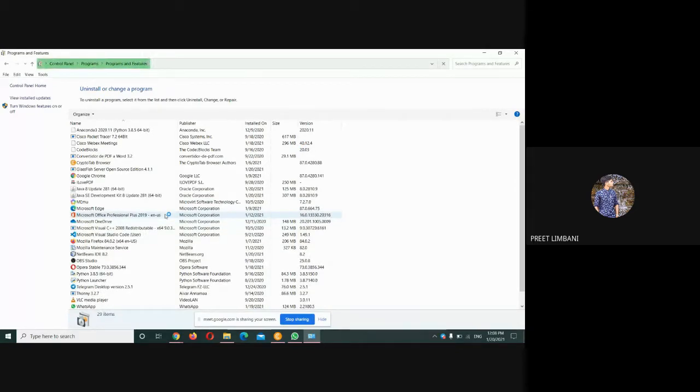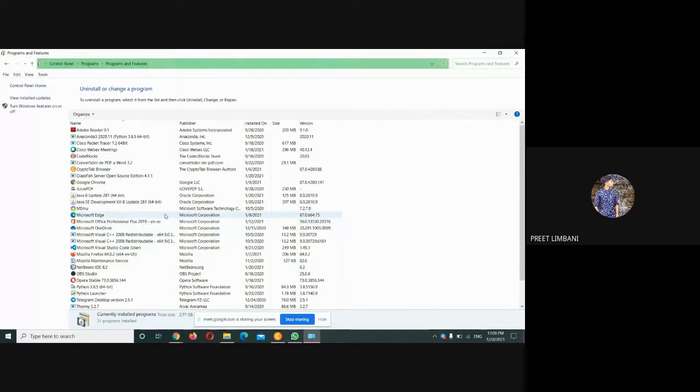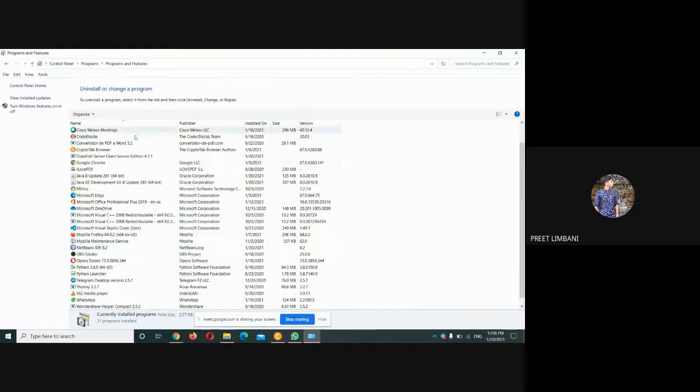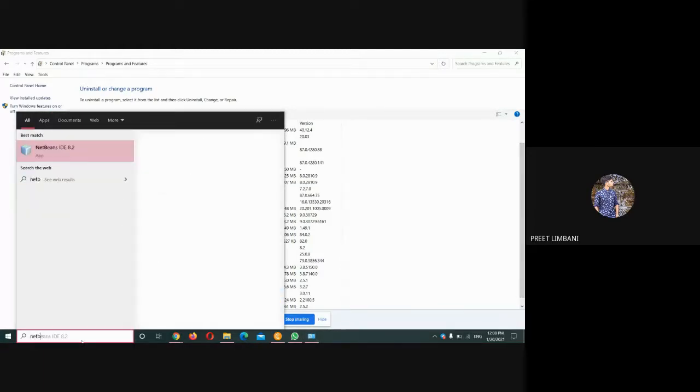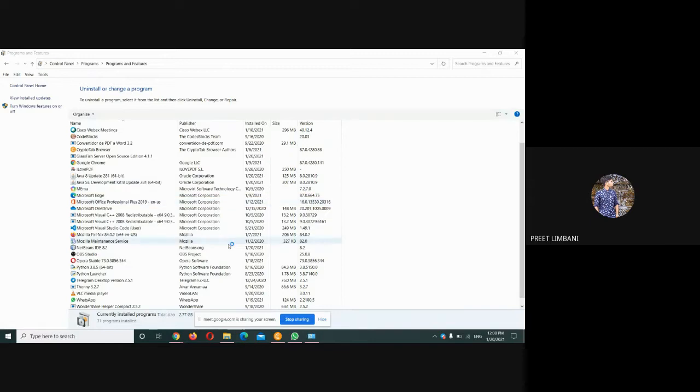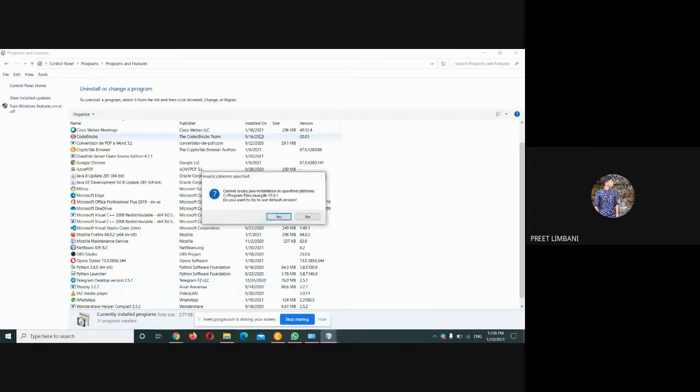Okay. Now, in the search menu bar, search for NetBeans. In your Windows search. Okay. Click on that. See, it is not locating it.